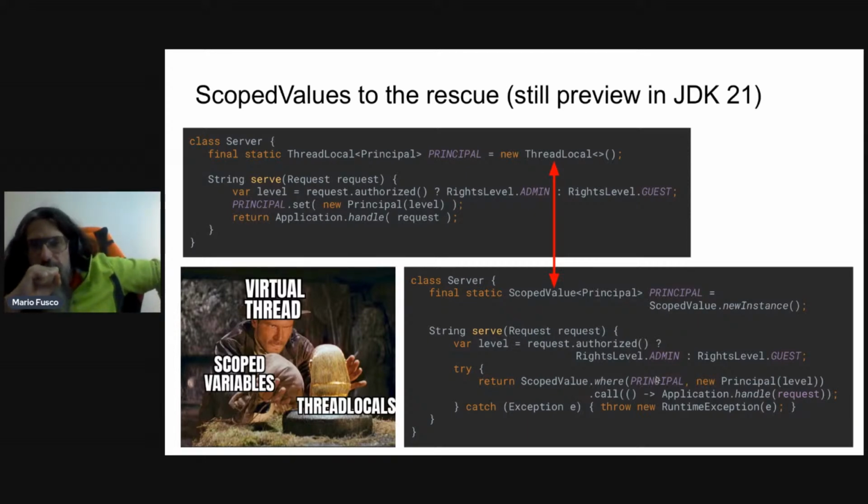The way this works is very similar to thread local. What I'm doing here is that instead of setting a value on the thread local, I execute the thread in the scope of the scoped value. So before starting the thread, I associate a value to the thread, and then I execute the thread with that value associated to it. So it's very, very similar. The main difference, and I believe it's a good improvement,